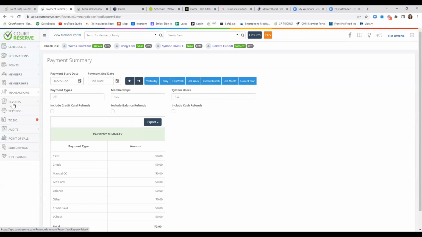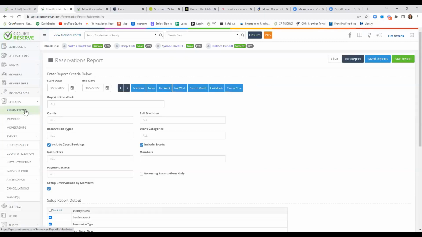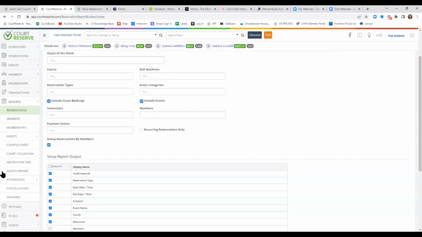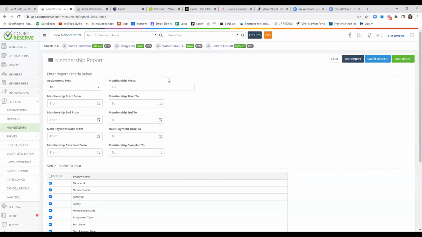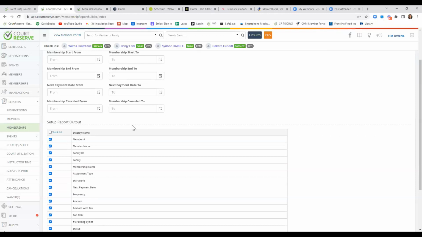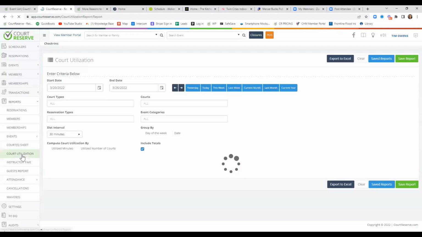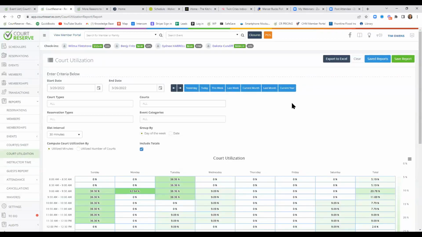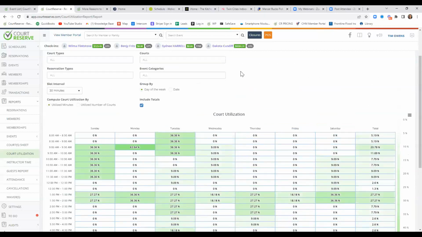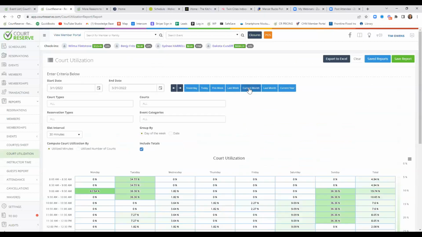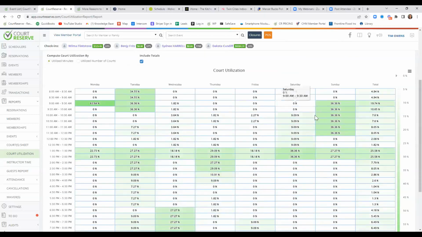Okay. Speaking of reports, again, we're great with data and analytics. You can come in and run a report. How many doubles reservations did you do this month or this year? How many different types of memberships did you do this year or this month? Probably one of my favorite reports is the court utilization. It's just a heat map, and it's just such an incredible view of how busy your courts are. You can do it by minutes or